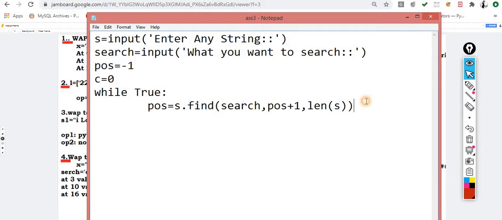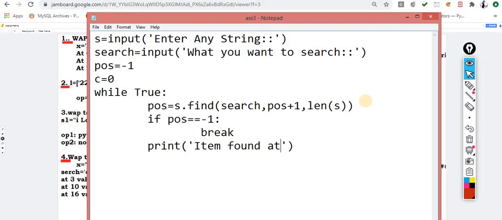Okay, so here if position double equals -1, it means it doesn't find it and we have to break. Else print item found at index, and then you have to print the position.